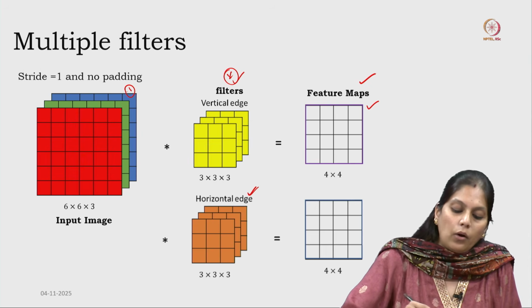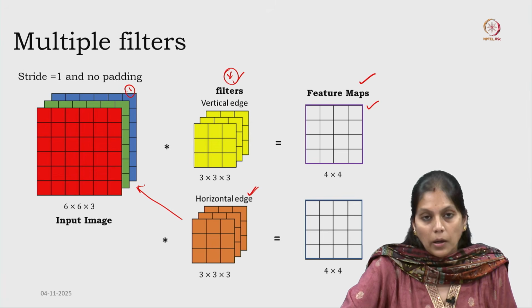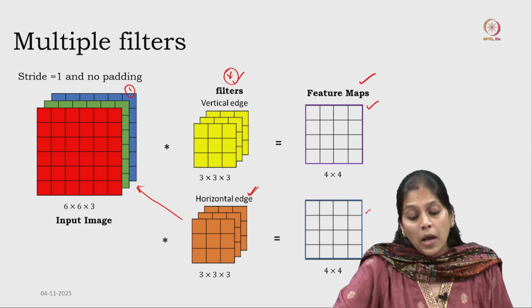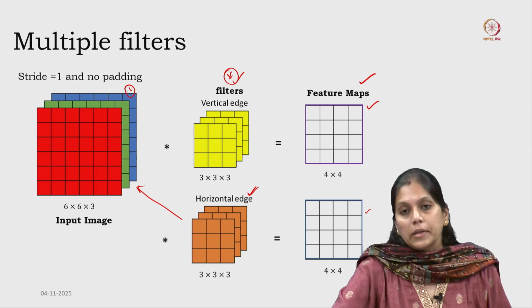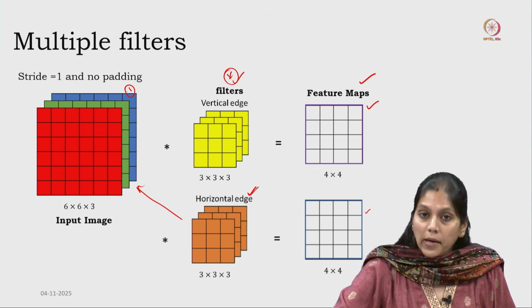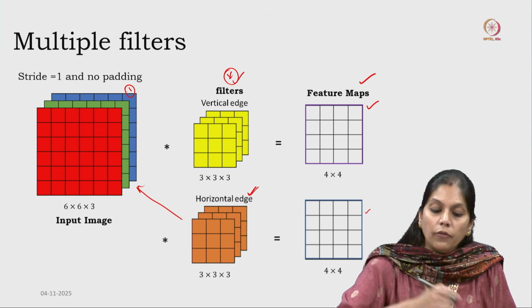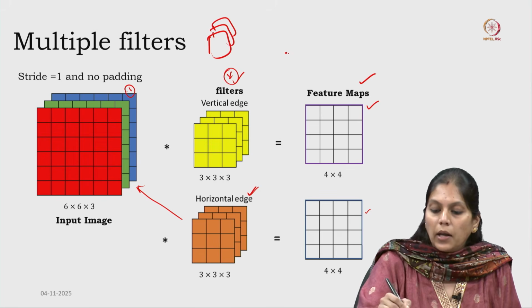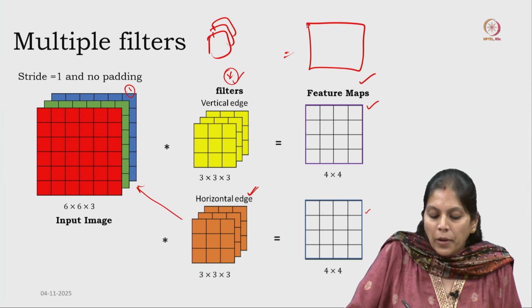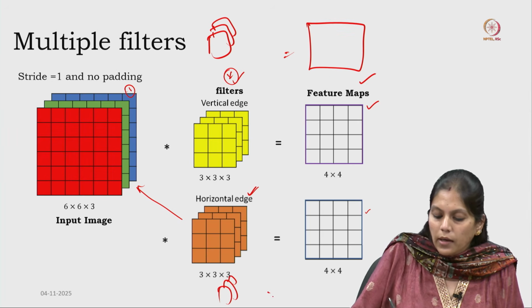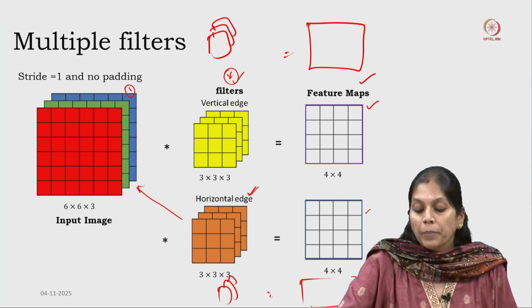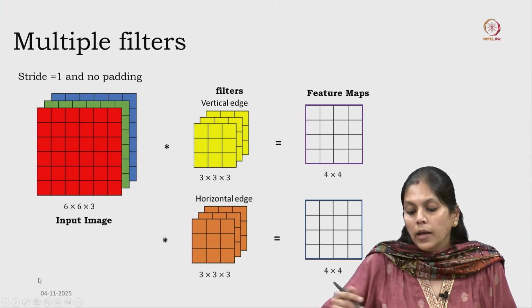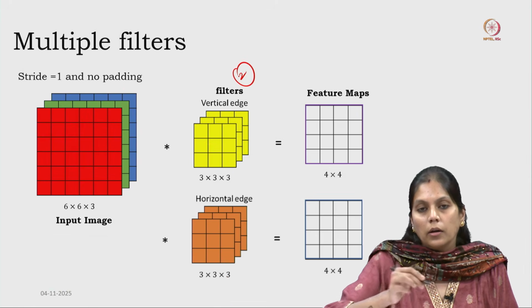Again, when this kernel is applied onto this particular input image, we get this feature map. How many such feature maps you obtain always depends on how many such kernels you have. If you apply one more kernel, you will definitely get the next feature map. Since there are 2 such kernels that you have taken,